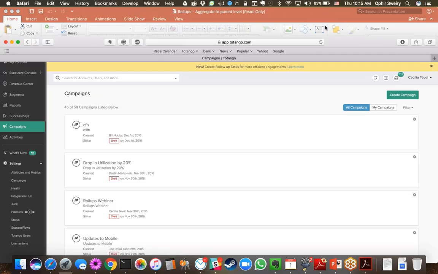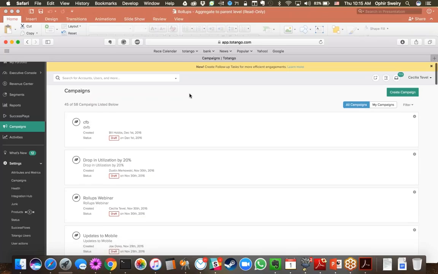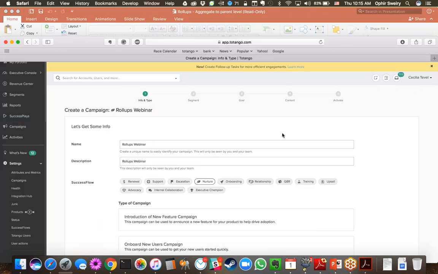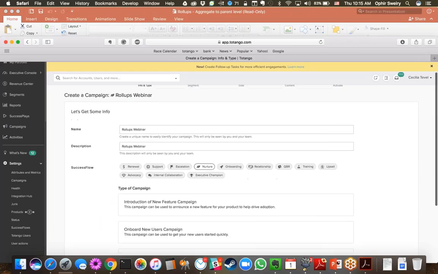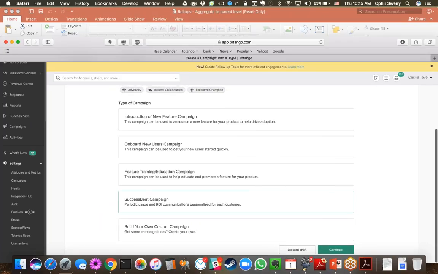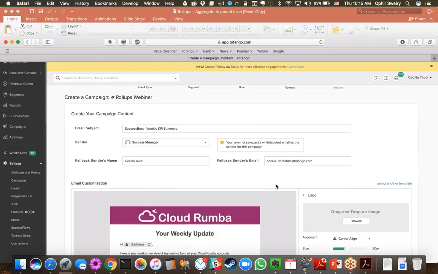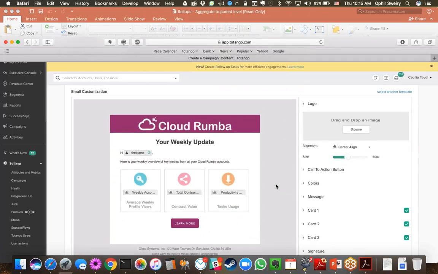Sure. So up here, if you want to stay on your screen, you can just click on the rollups webinar. That's the third one down. That's the one that if you just keep going and show the screenshot where we have the 3 cards. Basically, what you can do once you have created your rollup data, you can actually infuse it and decide what data you want to reflect to the key champion. So if you keep scrolling a little bit and show the preview,